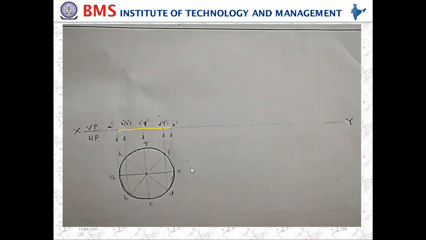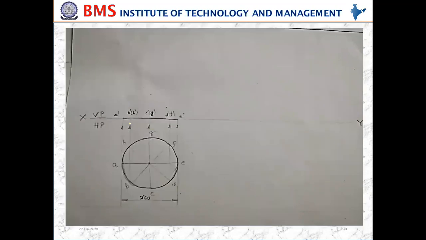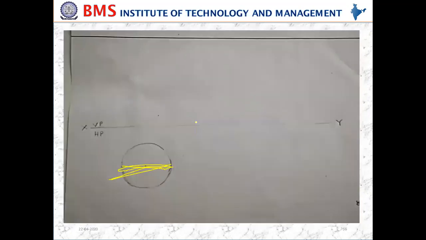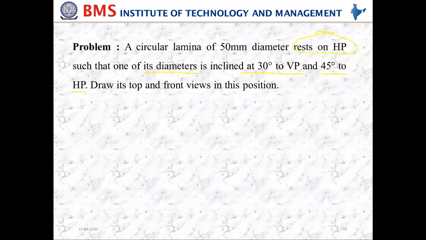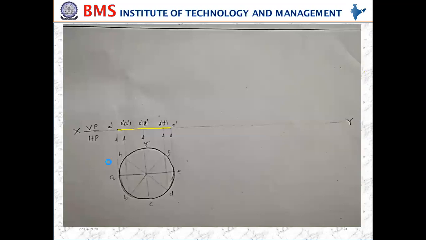So how to make the inclination to HP? Just by drawing this E dash line to a given angle. What is the given angle? If you look at the problem, what is the inclination to HP? It is 45 degrees to HP. So I need to draw a 45 degrees line.